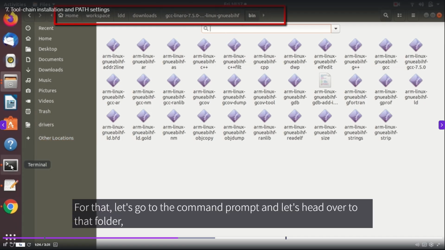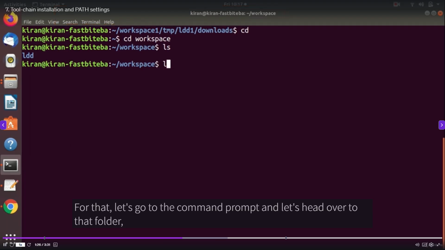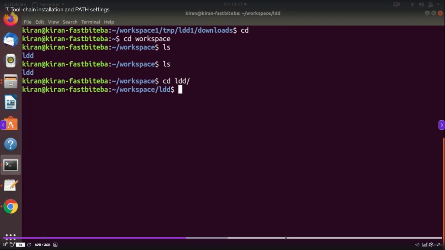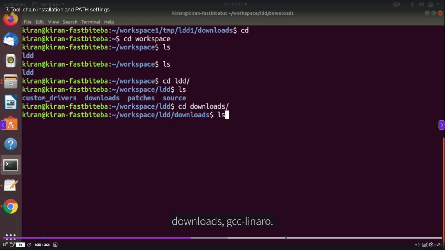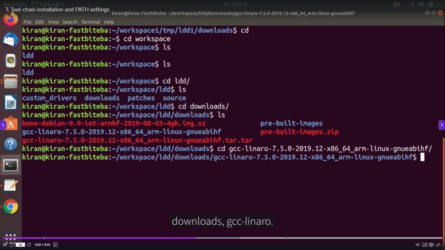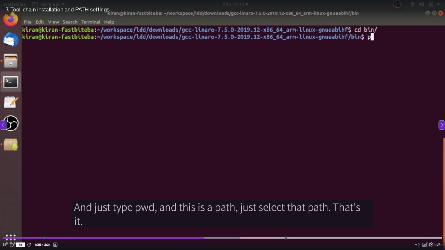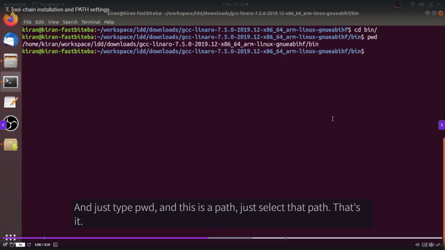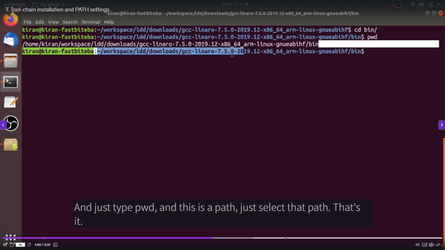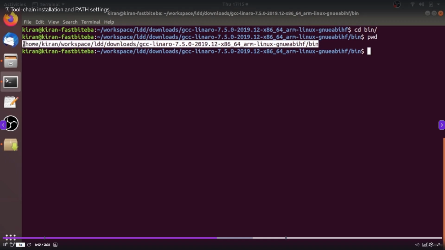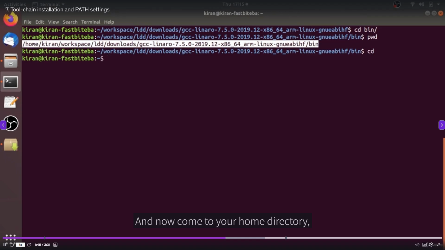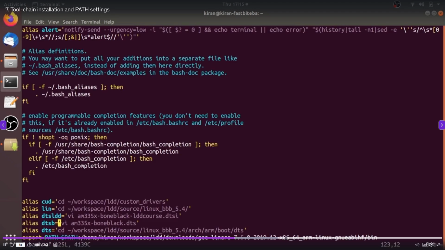For that, let's go to the command prompt and head over to that folder. Downloads, GCC Linaro. And just type pwd, and this is the path. Just select that path. That's it. And now come to your home directory, open .bashrc, and